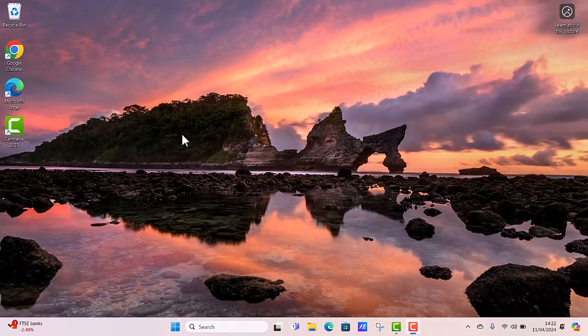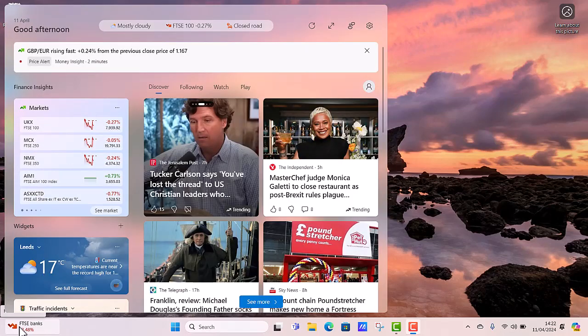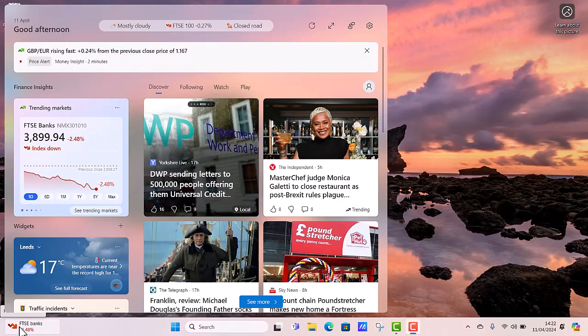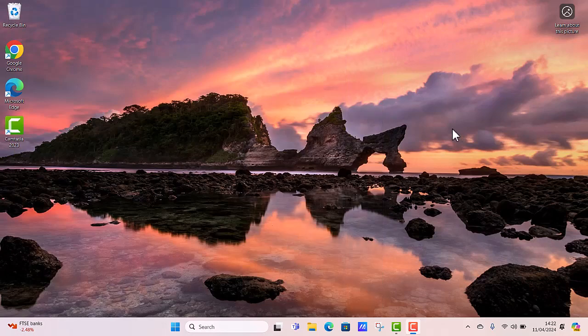So if you just have a look at my taskbar, right down at the bottom, you'll see that this start menu has moved into the middle, but you can change that if you want to. What you'll also see is I've got some widgets going on the bottom left hand side, and they get a bit annoying actually, so I want to possibly get rid of them. So I'm going to look at that, and you can just have a look at some of the other things you can do as well. So let's take a